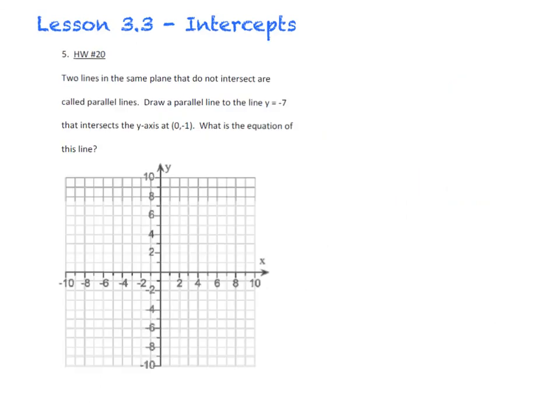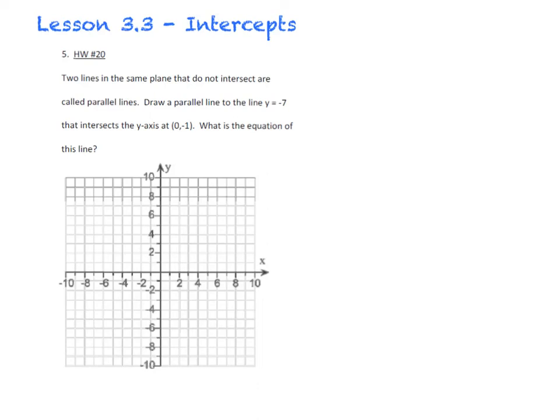Okay, our final example. This is example problem number 5, and it corresponds to homework problem number 20 on your homework assignment. It tells us right off the bat something that we should already know. It says two lines in the same plane that do not intersect are called parallel lines. We know that. So it says draw a line parallel to the line